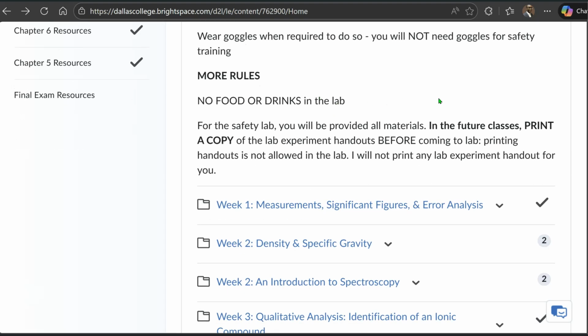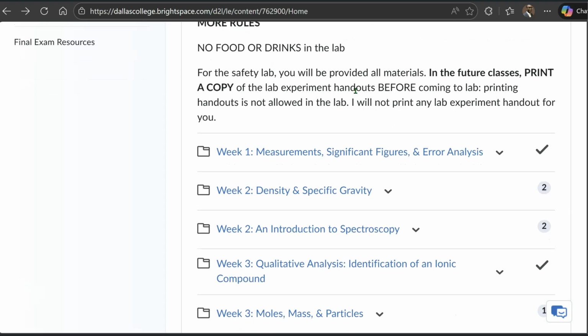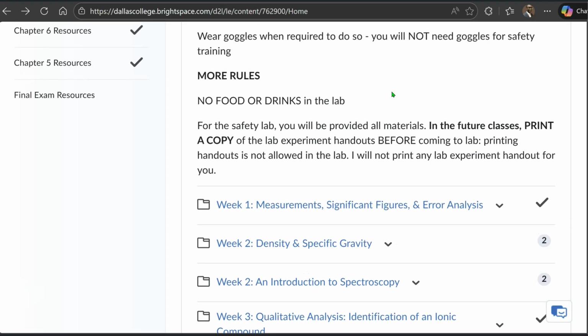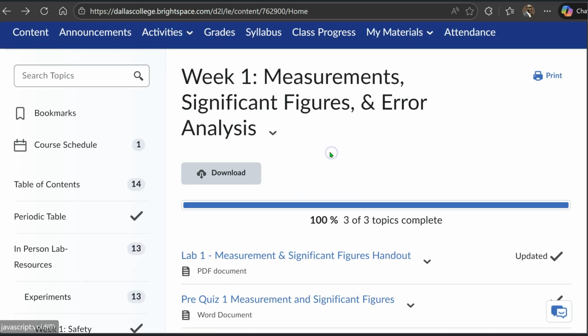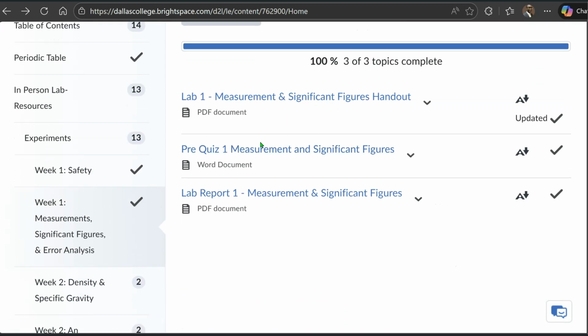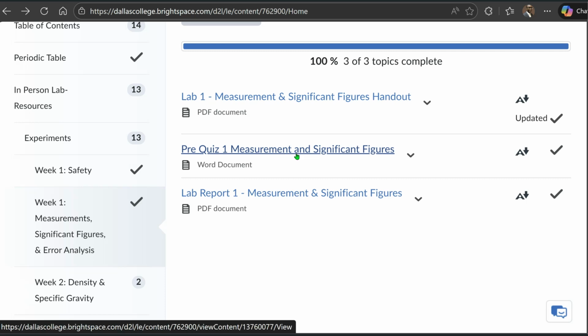No eating, drinking in the lab, and more safety rules will be given. You'll be provided with all materials during this safety lab on Wednesday, but in future labs you'll have to print stuff. For example, the same Wednesday you need to print out your pre-quiz